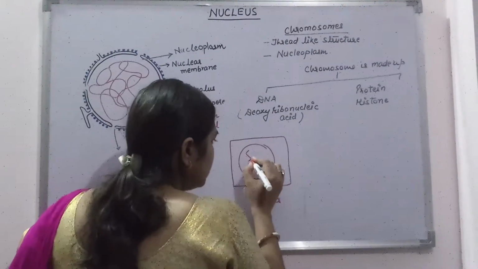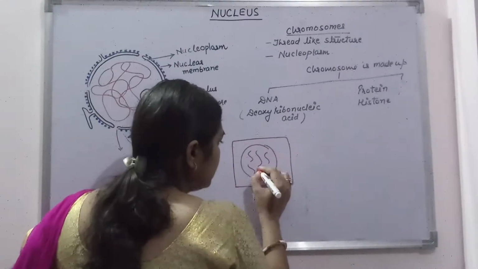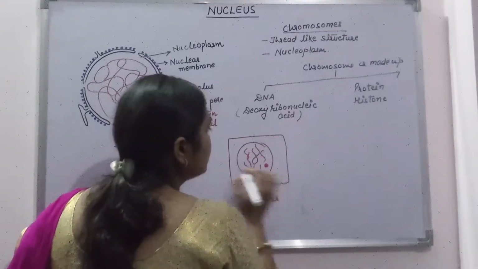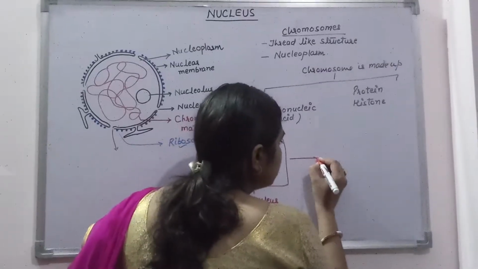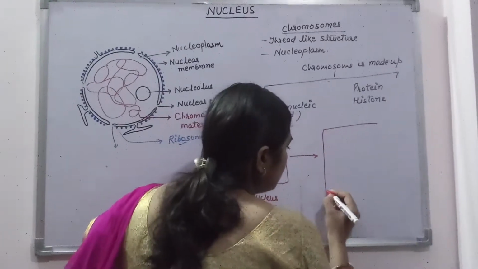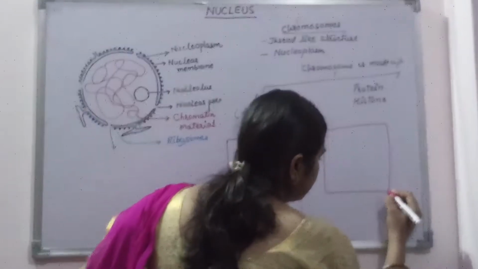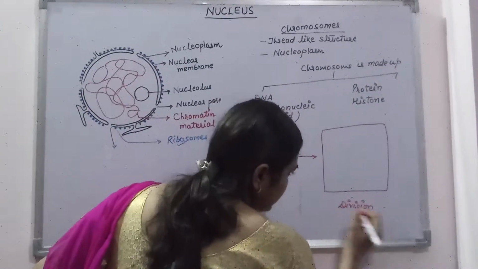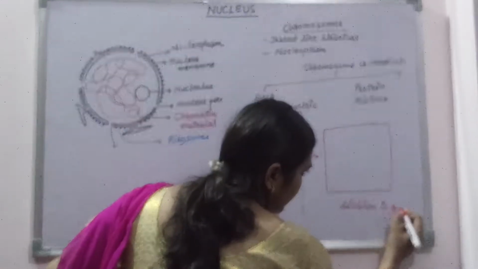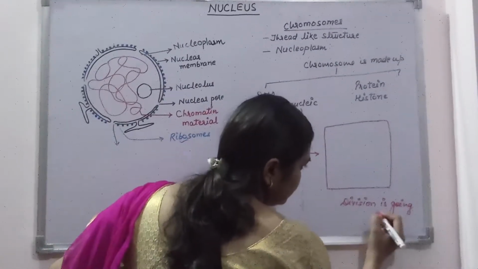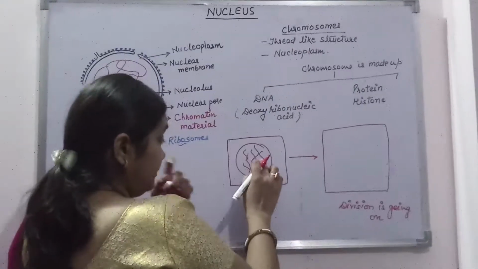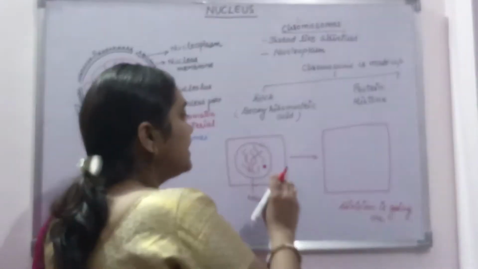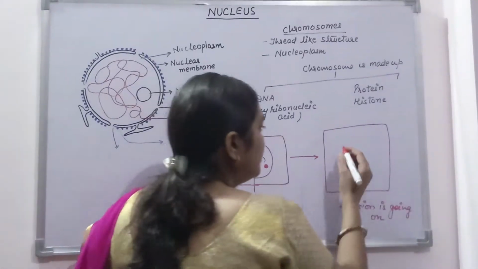In this, chromatin material is present in the form of a thread-like structure, isn't it student? But as soon as the cell starts dividing, this is the dividing cell, and that means division is going on. This thread-like structure, commonly known as the chromatin material, condenses to form